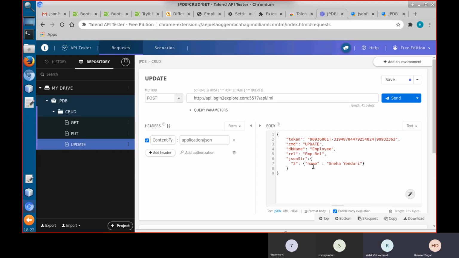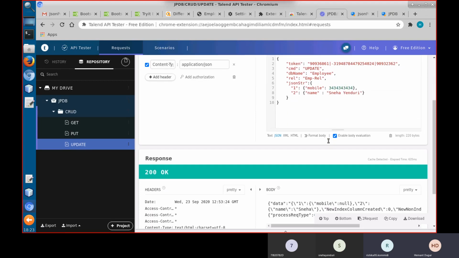And now we can type the new record number, and then write mobile and write the mobile number for Sulba's record. So we can do both the things in one request. We have to give a comma here because this is what JSON needs. This is JSON format. So now I send it.